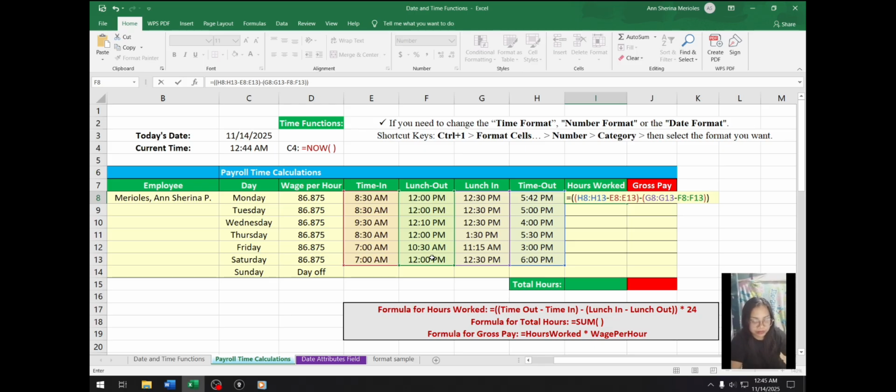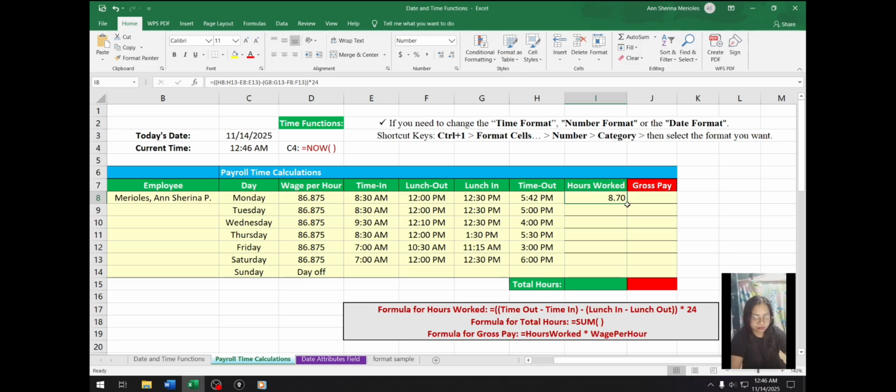The outer parentheses make sure Excel multiplies the final inner result by 24. So in here, 24 represents the total hours in a day. After you enter, you will get the total hours worked in each day.